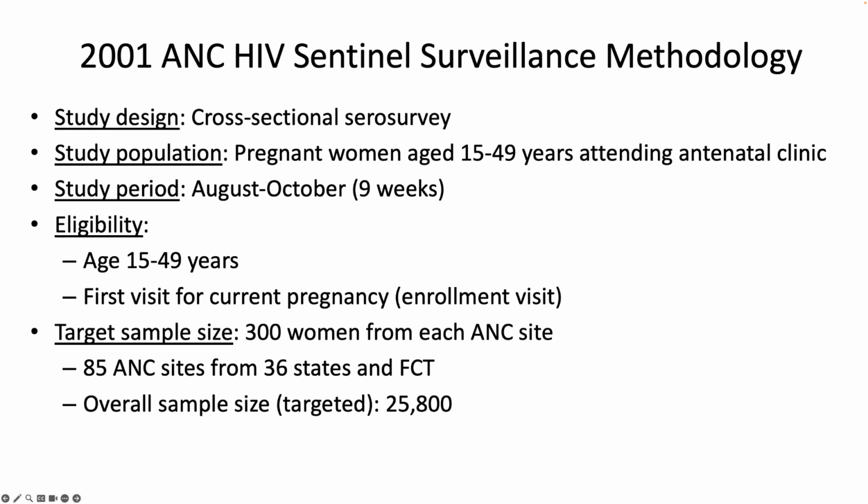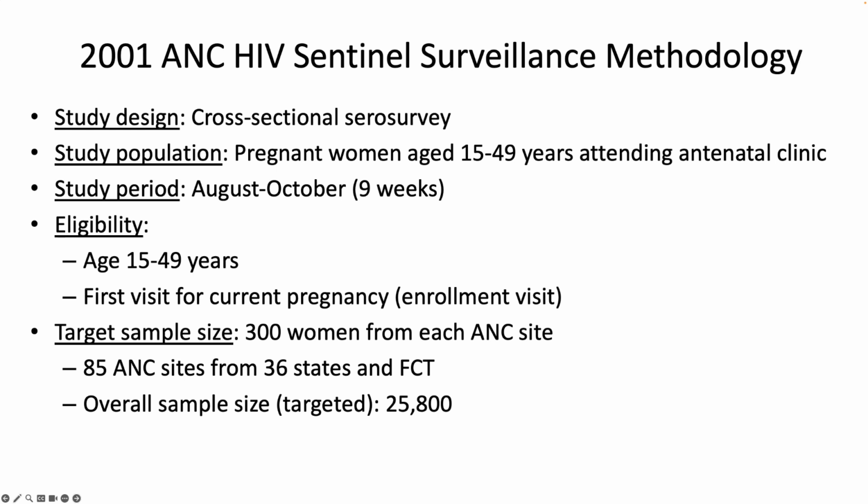Women were eligible if they were aged 15 to 49 years, and they had to be there for the first antenatal clinic visit for their current pregnancy. In other words, it's the enrollment visit at an antenatal clinic for that pregnancy that is sampled for the surveillance activities. The target sample size for each sentinel site was about 300,